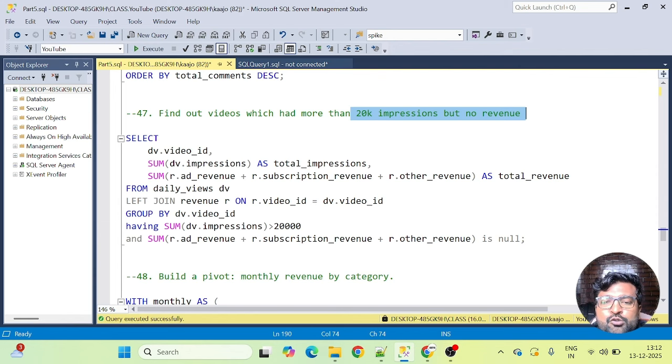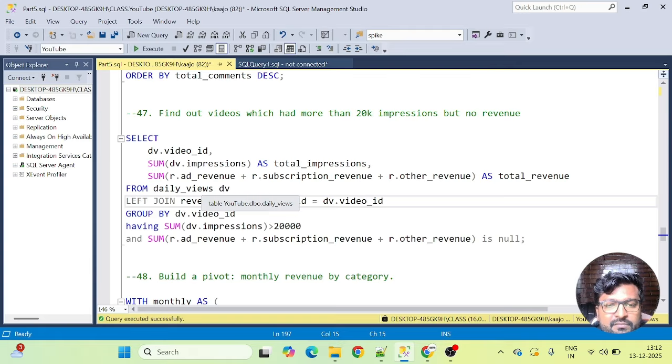Because unless you are pretty much aware of your data set or your project, all the tables that you are using, you will not be able to do this question, right? If you understand which table this column is coming from, from which table you have to pull this column. For example, this revenue is coming from the revenue table, right? And impressions are coming from this daily views table. So once you know these kinds of details, then this question becomes very simple.